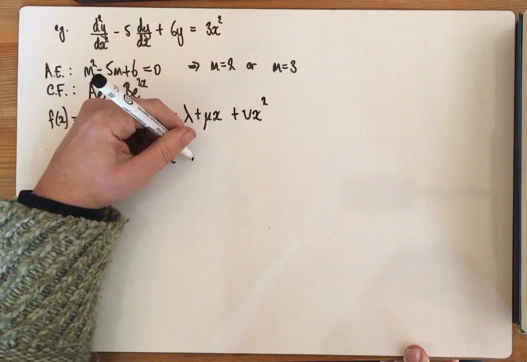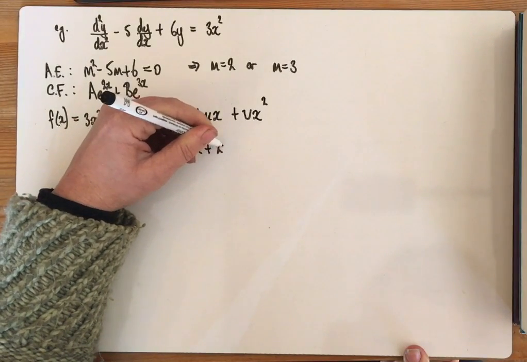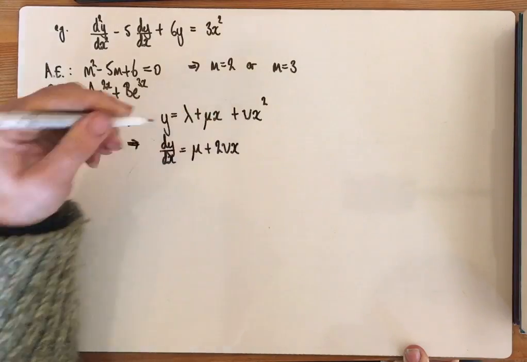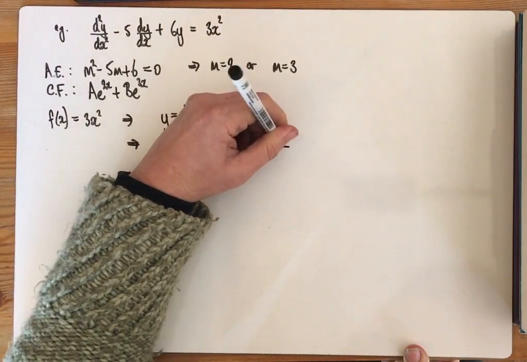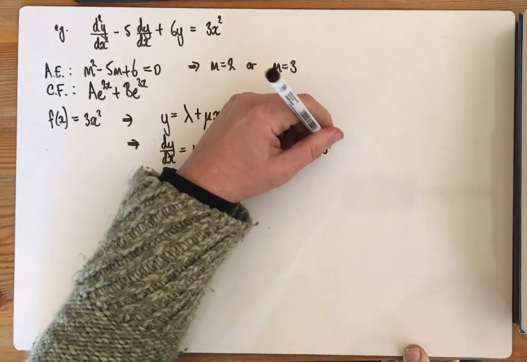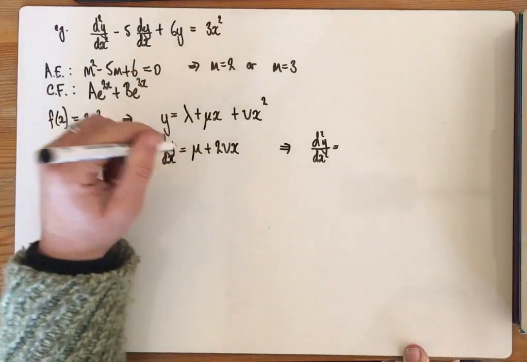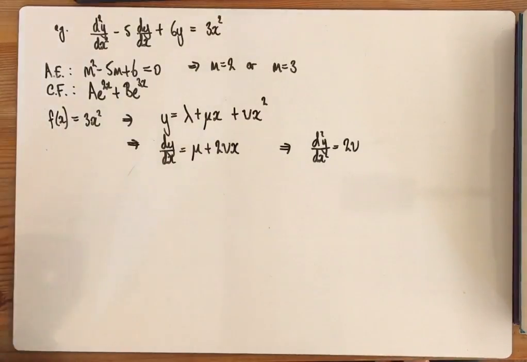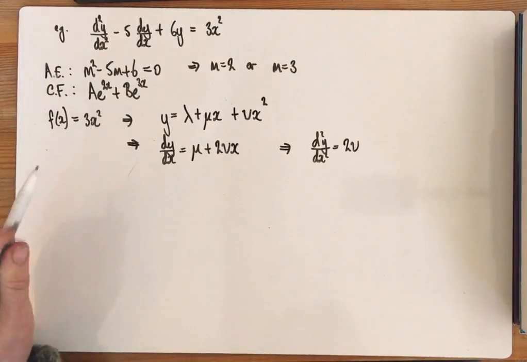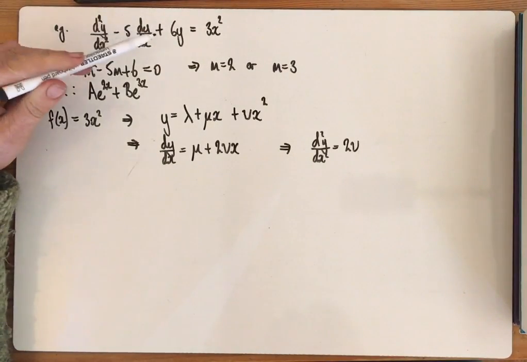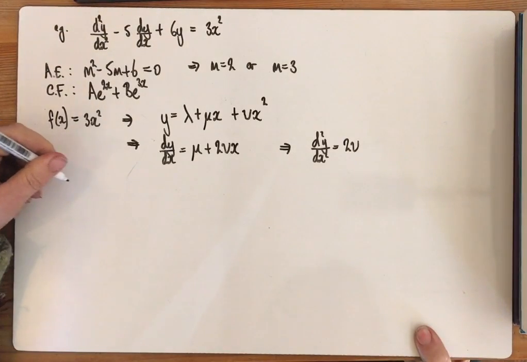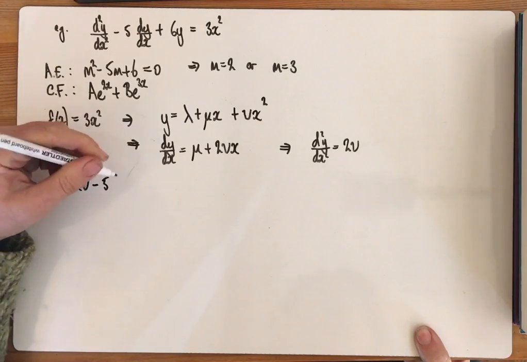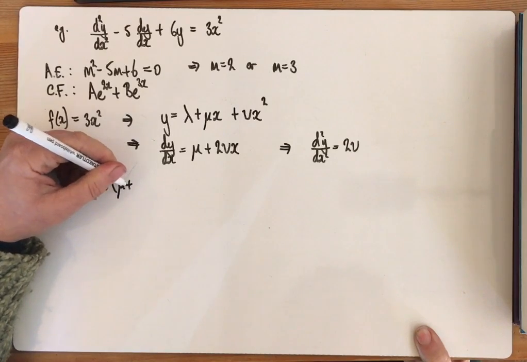which lambda's going to go, so I get mu plus 2 nu x, and then differentiating again. So the mu's going, and so I get 2 nu there. You can look up nu online, see what it really looks like if you want to. And then substituting into the left-hand side, so we end up with 2 nu minus 5 lots of mu plus